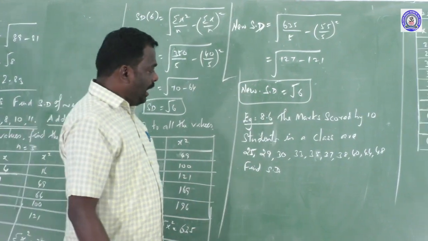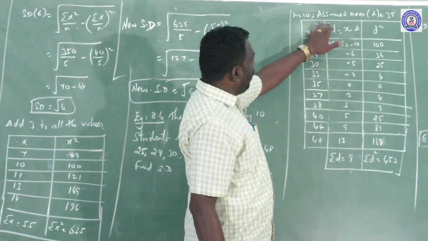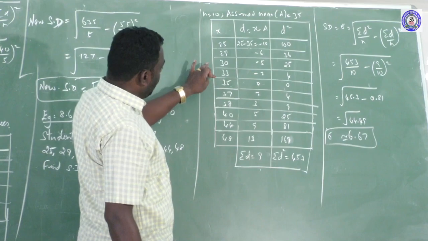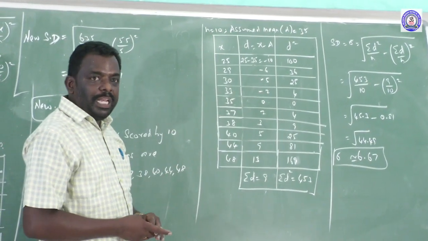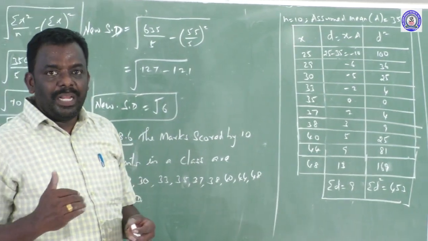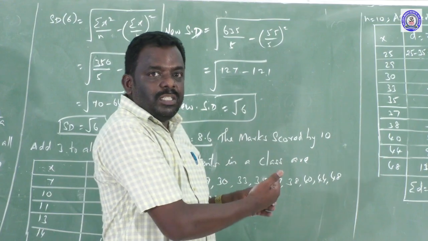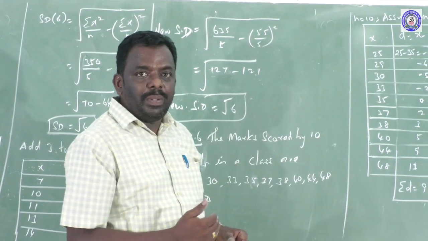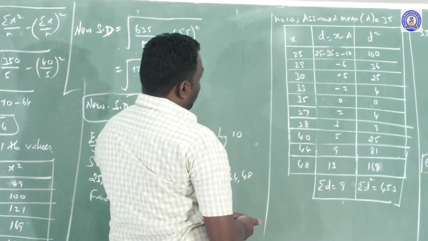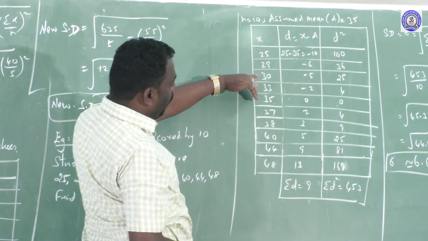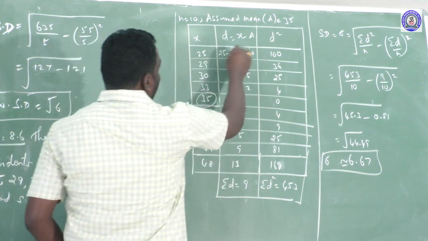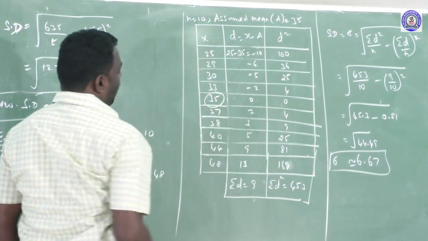In the assumed mean method, we have to find an assumed mean, and we can consider any one of the x values as the assumed value. Any one of the x values is called the assumed mean. If the mean is not an integer, applying the assumed mean method is better. We select the middlemost value from the x column. The assumed mean is a equal to 35, and the number of data is 10.